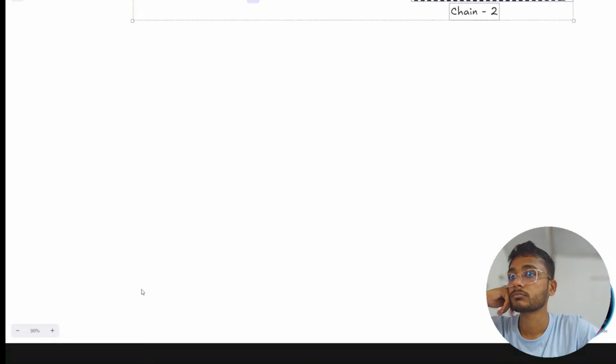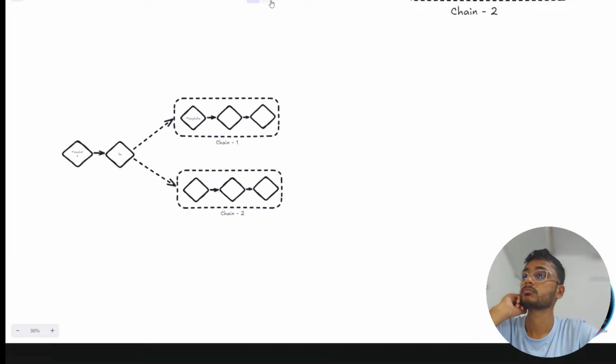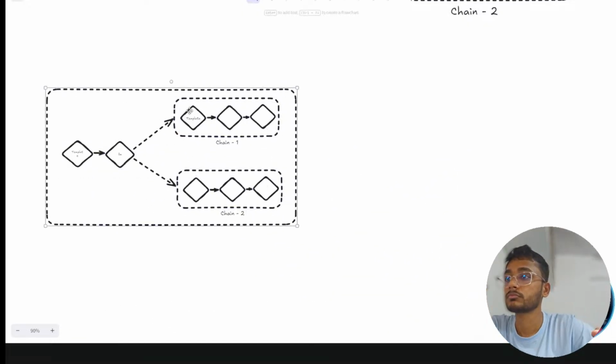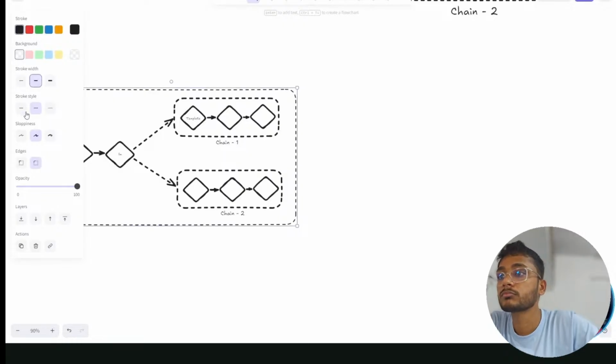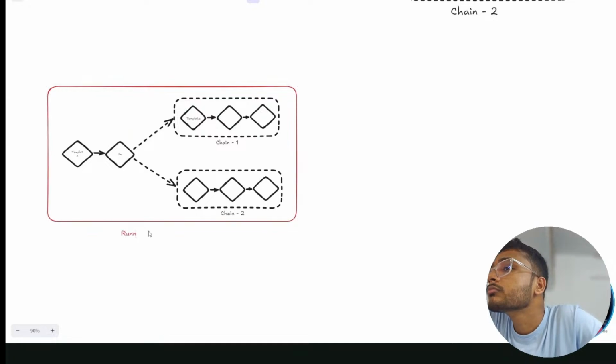Perfect. So let's say this is the chain that we have built. Now this entire chain is a runnable. Is it runnable? Okay, it is a runnable. This is the nature of it. Make sense? So that means you can just use this entire chain as your runnable, and you can connect it